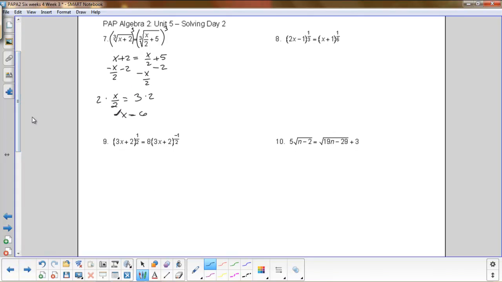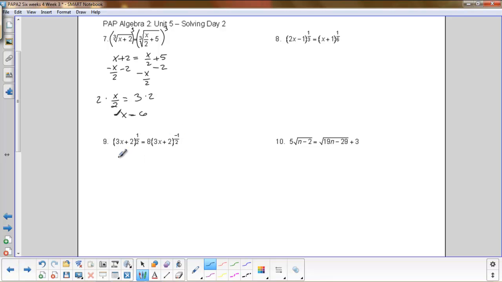Alright, we're changing from radicals into rational exponents. Either way, it is the same. We're going to look at this and raise it to its reciprocal power, or if you're more comfortable, change them back into radicals. Either way, it doesn't matter. However, notice over here on the right side of the equation there is a negative exponent. So before we get rid of these exponents, we've first got to rewrite it so that it's in